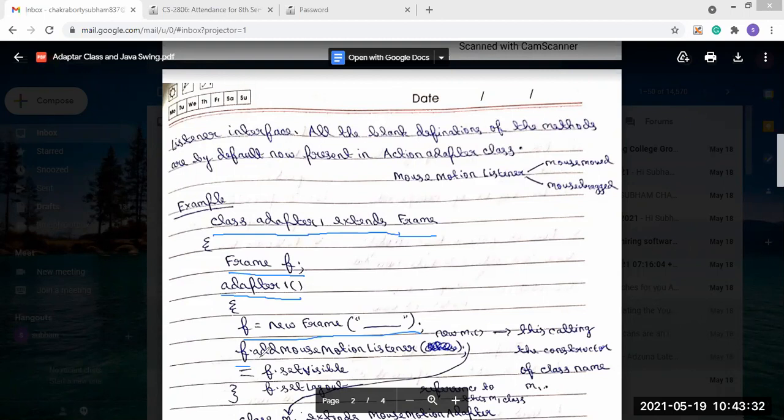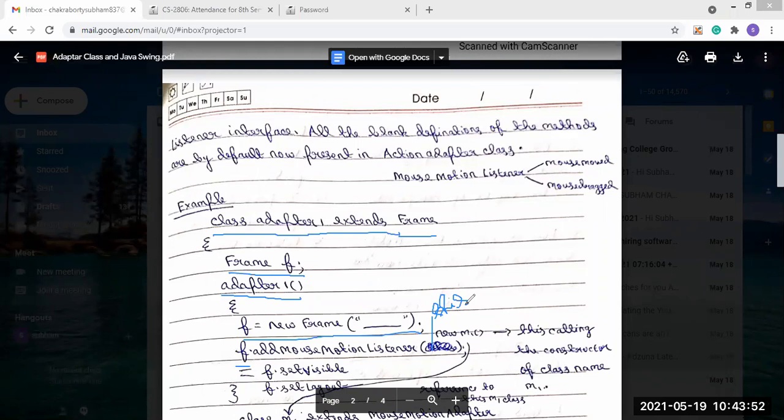Inside this, in previous event handling, what did we pass? We passed the this keyword. Now what does this keyword do?